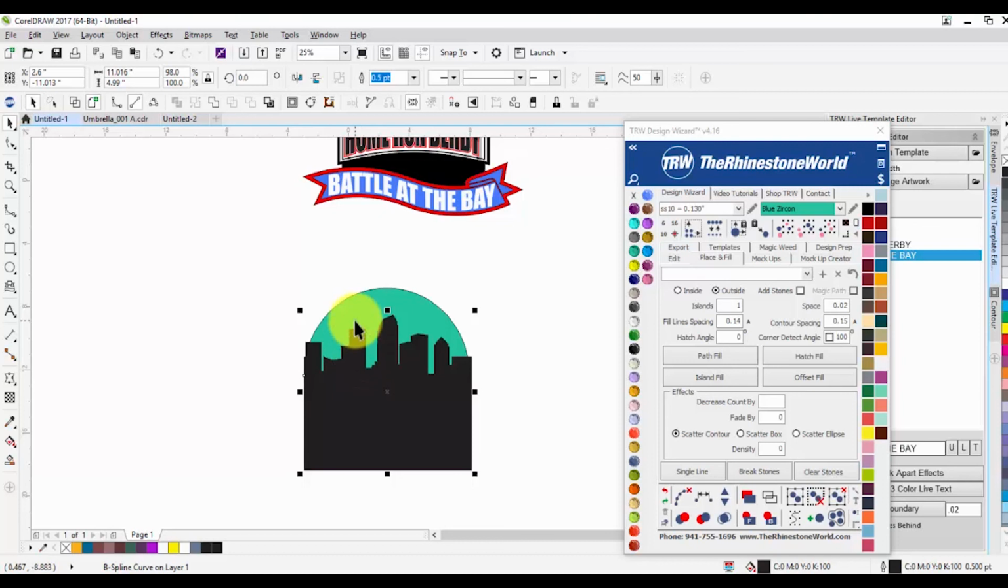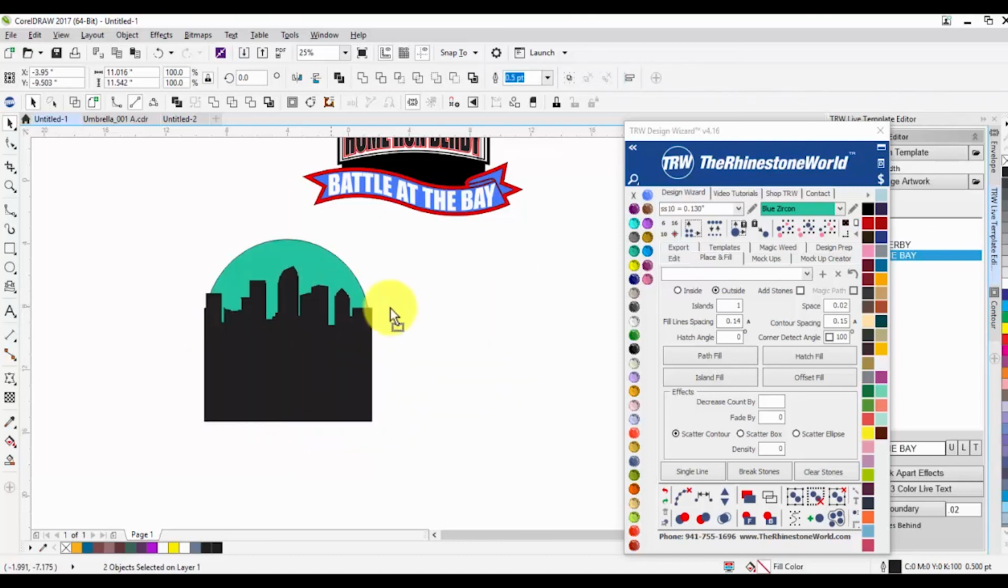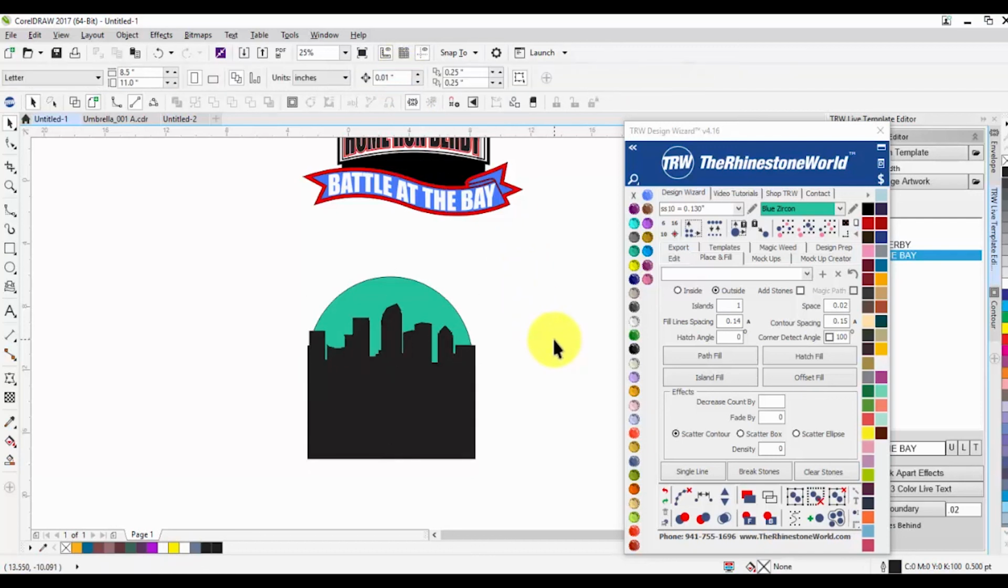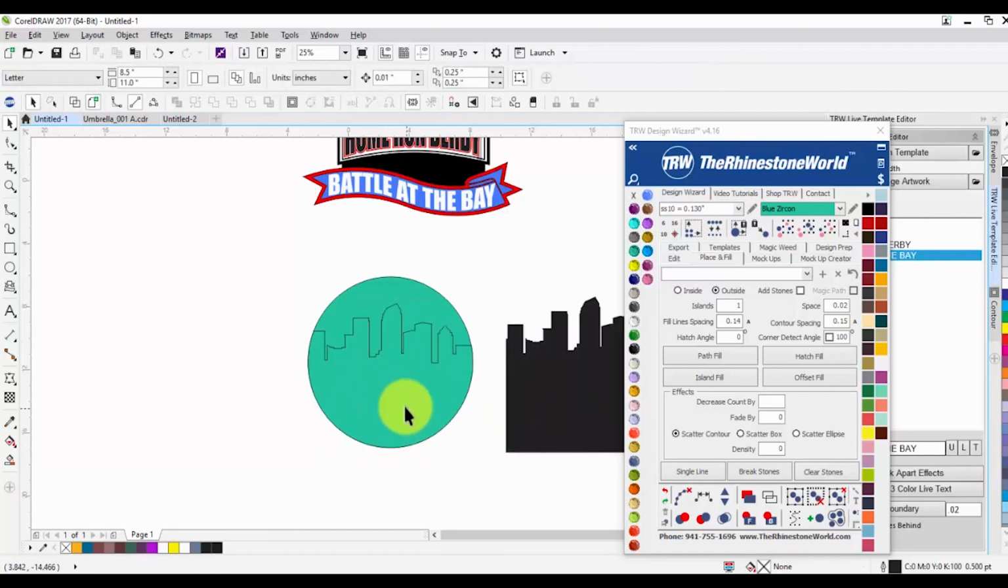Once you do that, hold shift, select the circle. So now you should have both those objects selected. We'll come up to our buttons here and hit intersect. It's not going to look like much has changed, but now when I pull my vector away, it's going